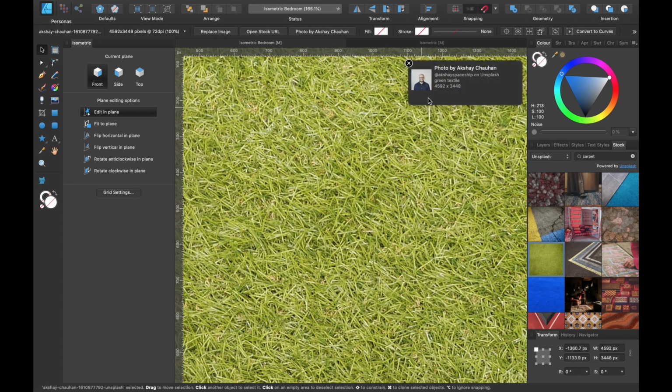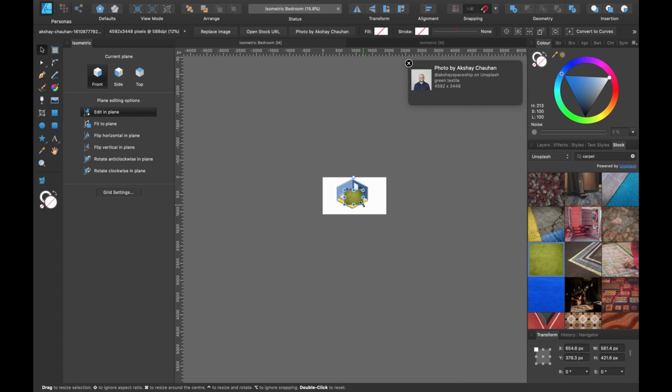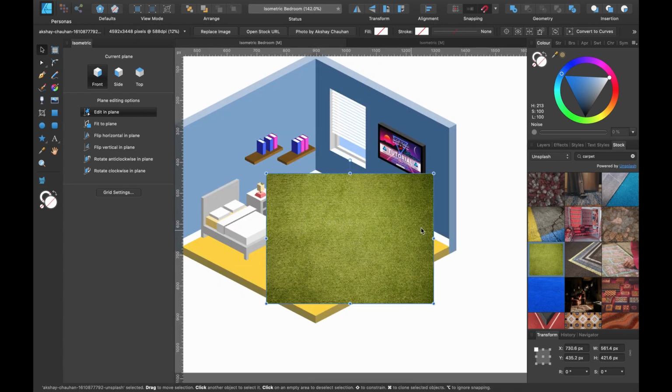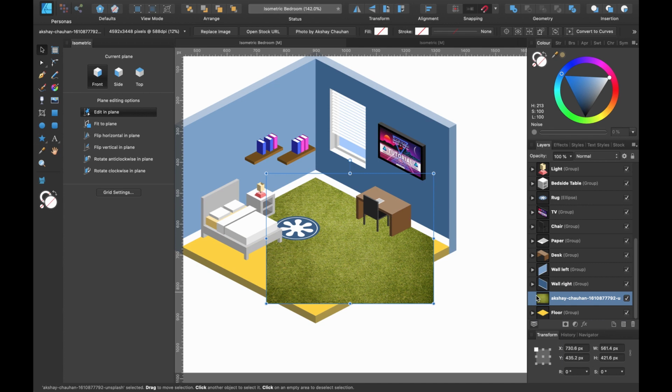Okay, it's a big photo. It looks like it's grass, but it's by this gentleman here. So if I zoom out and make that slightly smaller, I can introduce this to, say, the floor. If I go back to the layers panel, it's on top here. Just going to drag it down, all the way down till it gets to the floor layer, and open up the floor layer here and lay it on top of the floor.